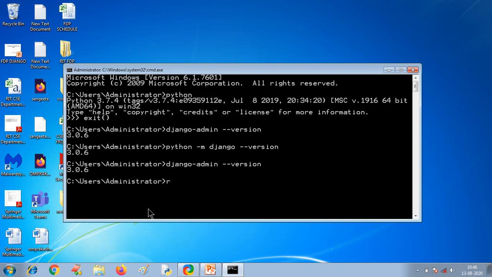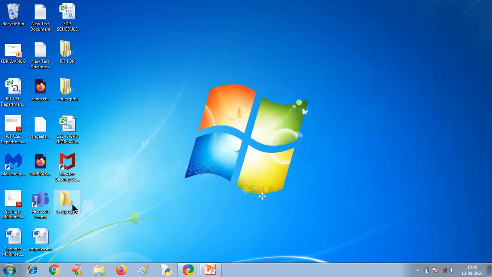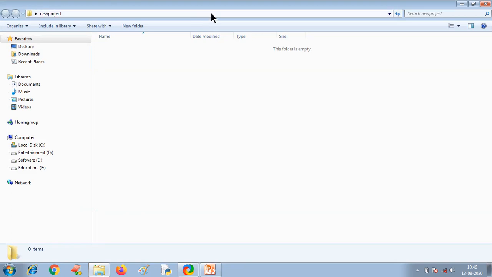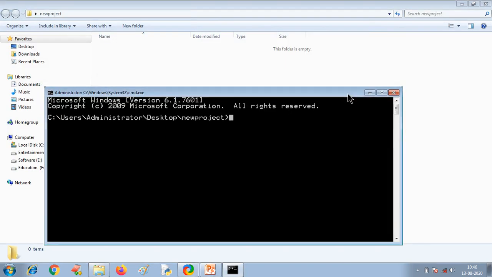Now you just need to go to it with cd. Okay, fine. Let me close this. I want to go to this folder. So why use the cd command again and again? I'll directly go here. I've opened the folder and now I'll open the CMD directly from here. It's very easy, right? So now from this folder I'll create a project.